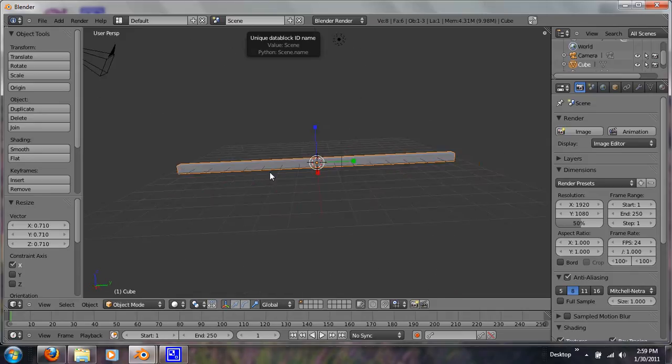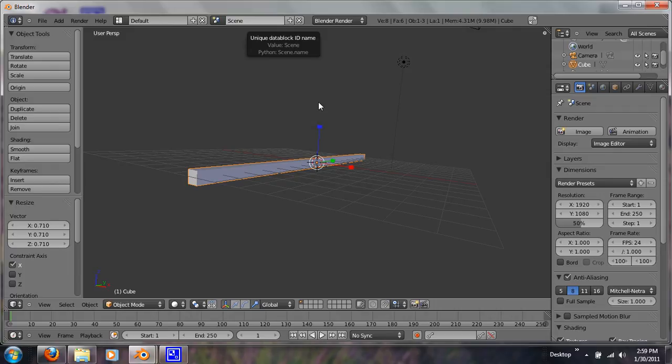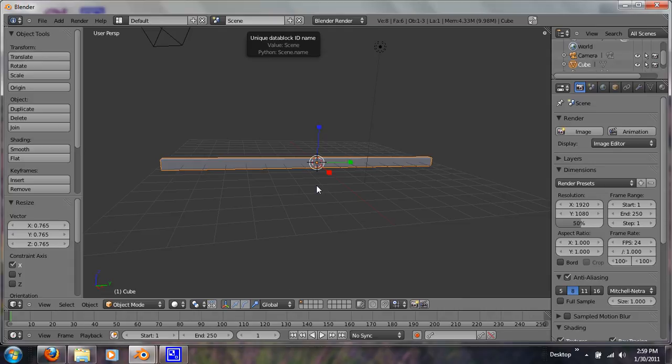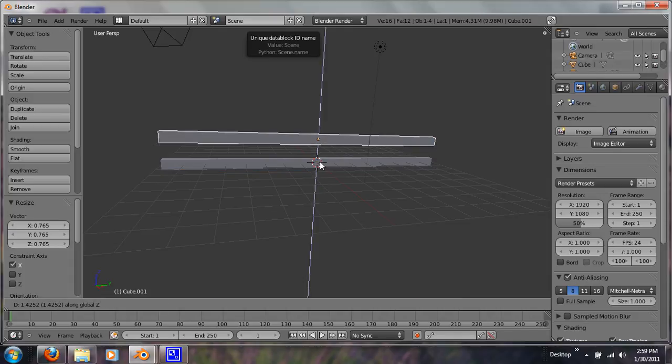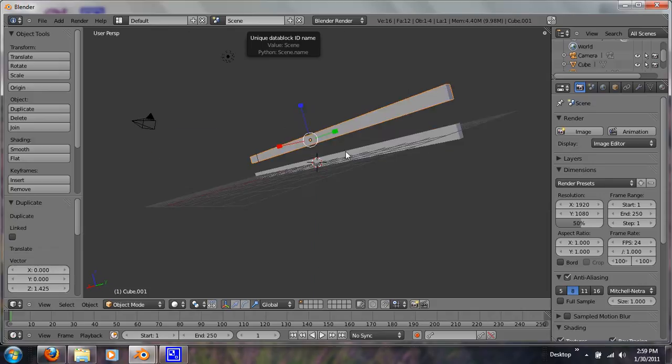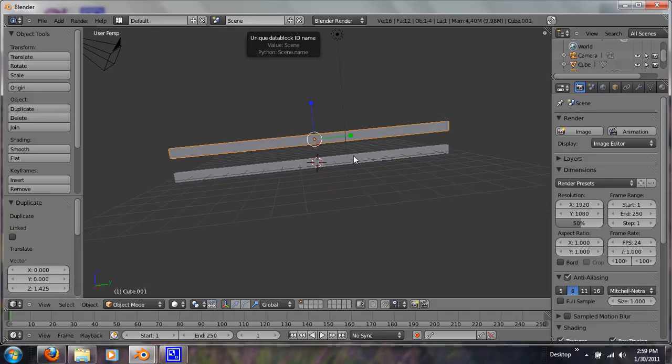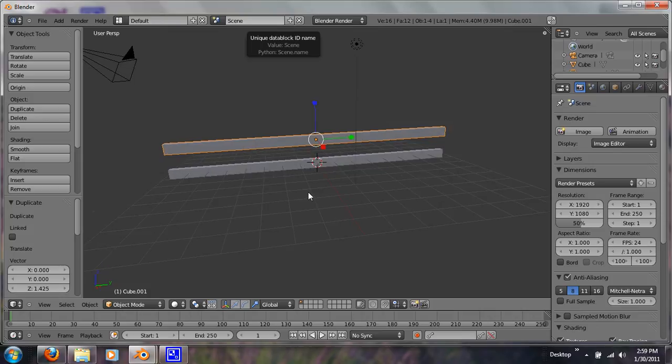Just like that. I think that's a good 2x4 or whatever. Let's pick it up a little more. Just like that, and then you can Shift E and Z, so you can move it up along the Z axis, just like that. Easy way. And now what we want to do is